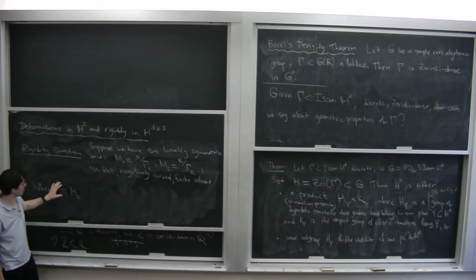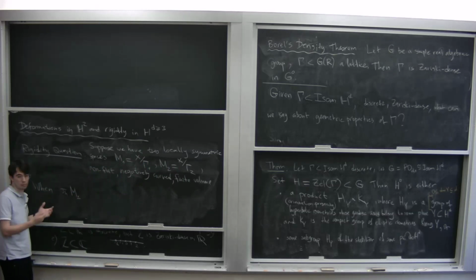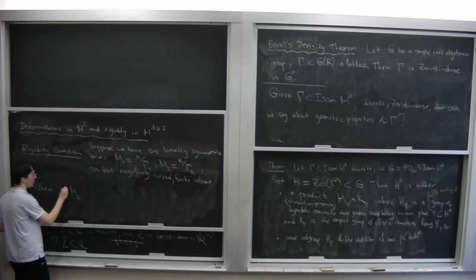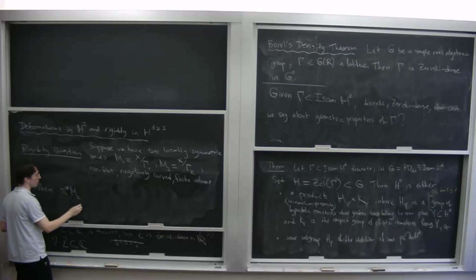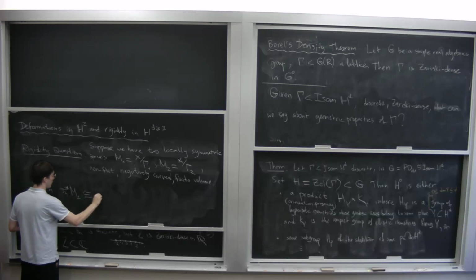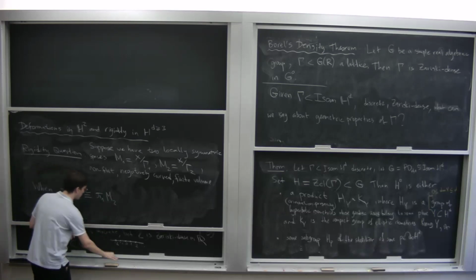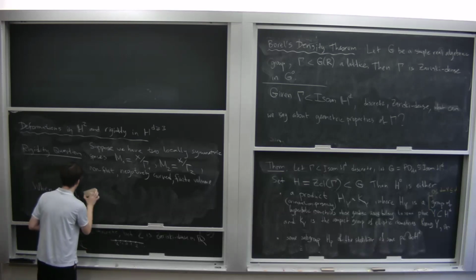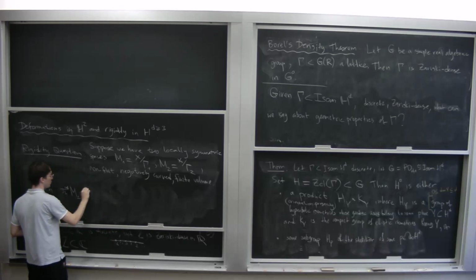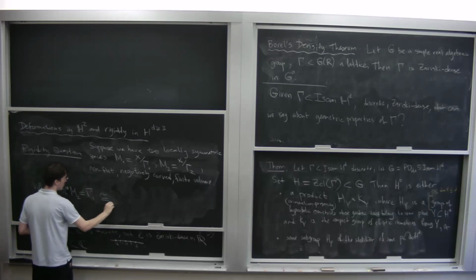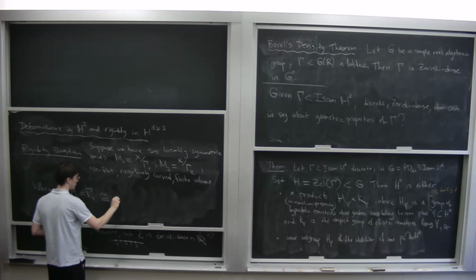Otherwise I should write the orbifold fundamental group. So the orbifold fundamental group of M1, which is simply gamma 1, is isomorphic to that of M2. When this isomorphism